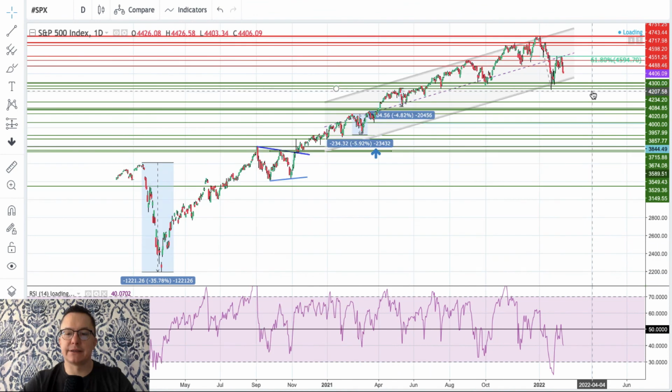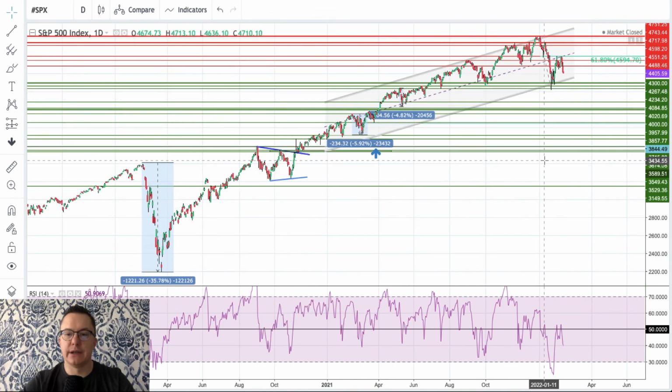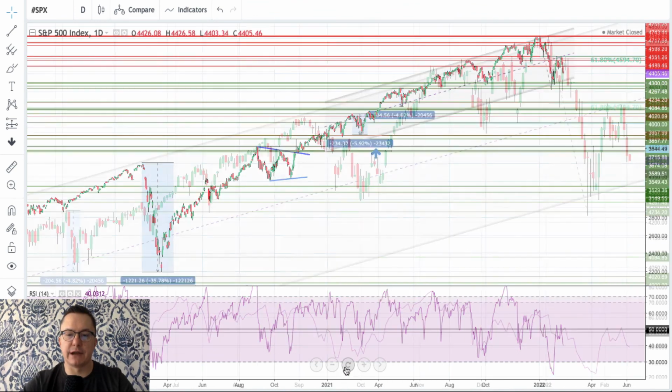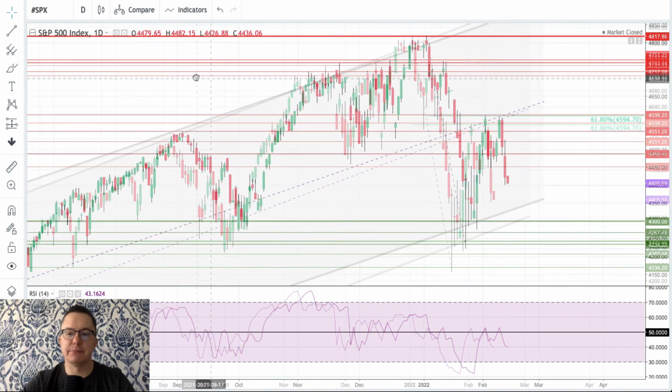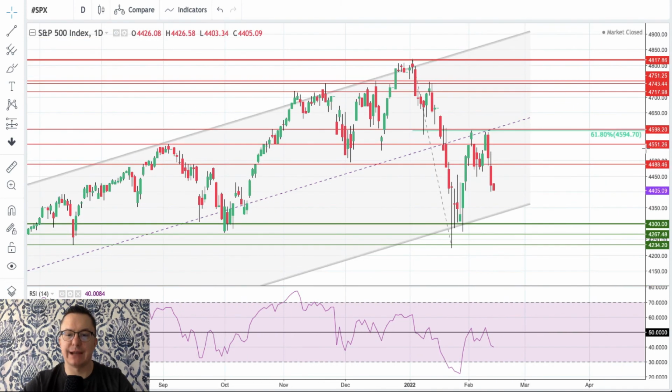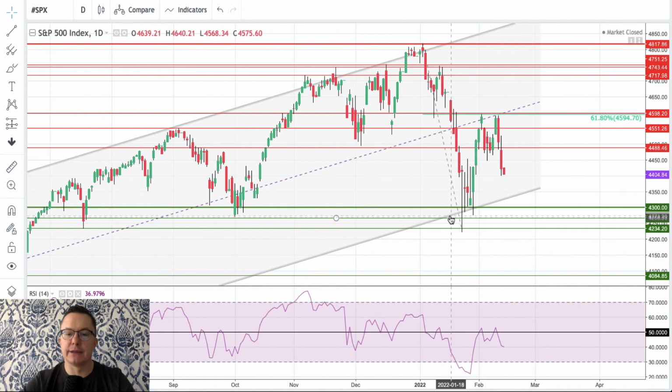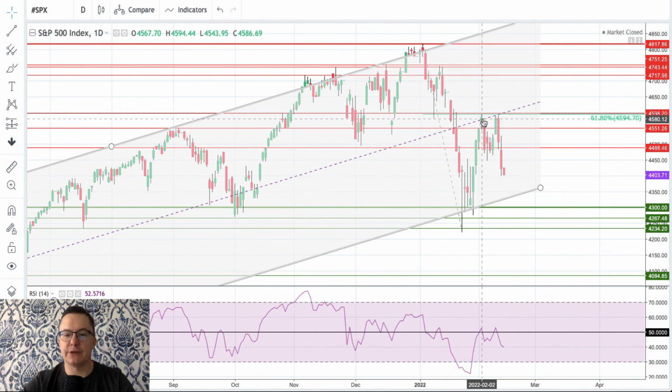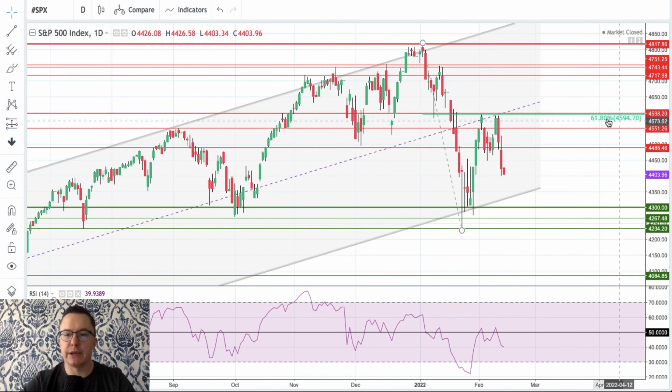This American index on the daily time frame chart is very technical right now. What's happened? 61% of the Fibonacci retracement has capped the rally, the bounce, basically from 4,300, 4,234. That's a big pin bar. The bulls tried two times to break above 4,594. They failed. Okay, we have the Harami, and we have the bearish engulfing pattern.